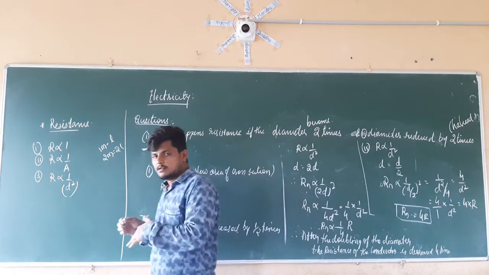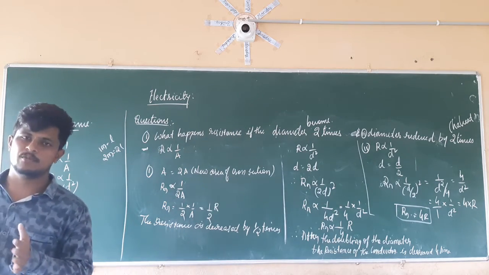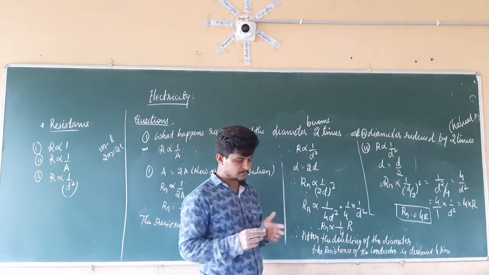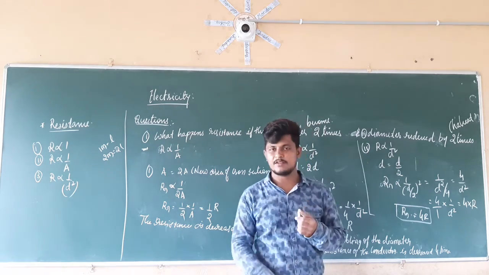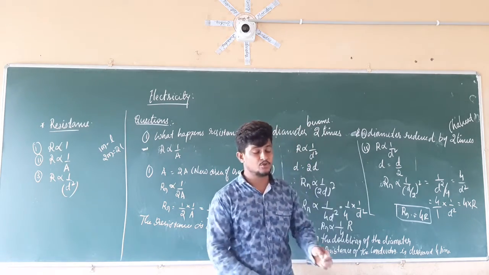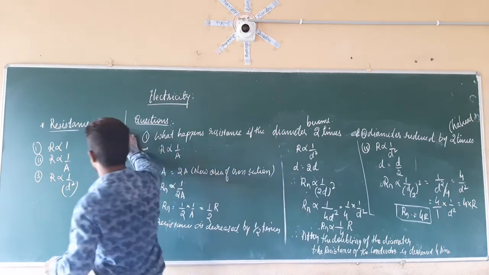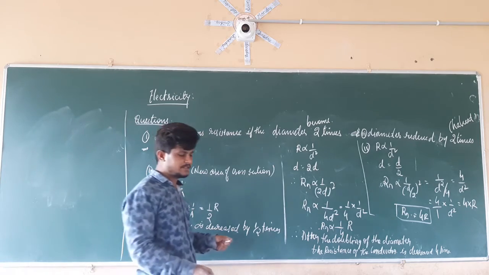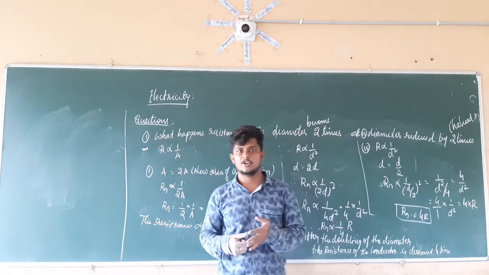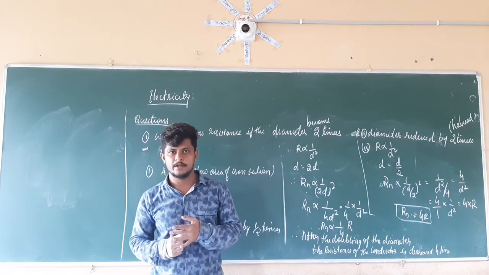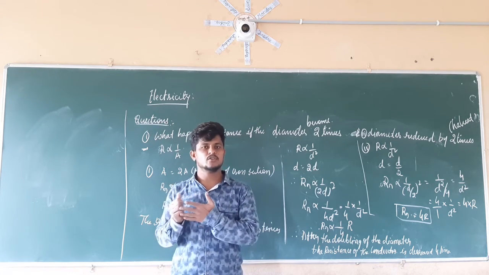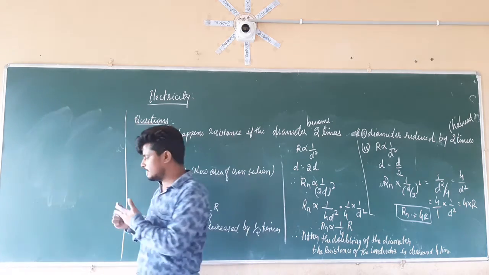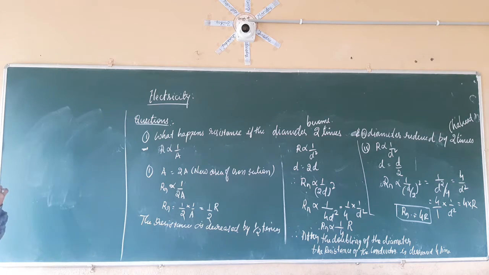In the next class we are going to see some numericals depending on the R equal to L divided by A formula. Before going to those numericals, we have some mathematical values that you should know. In some cases, the length is going to be given in centimeters. Sometimes it is going to be given in kilometers. At that time, we have to convert those things to get the proper values. So we have some parameters, some values, that we are going to discuss.